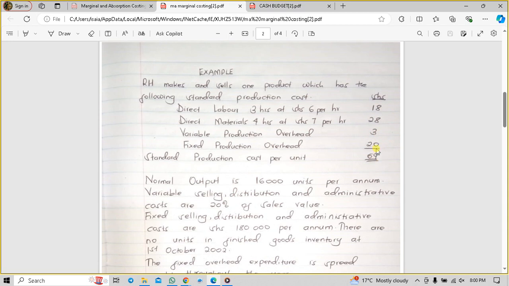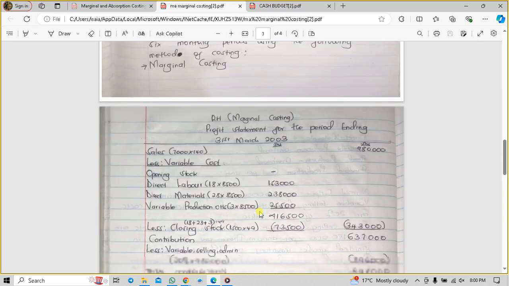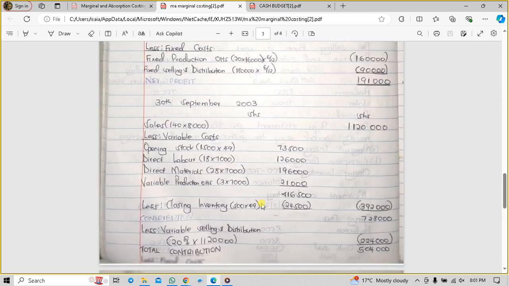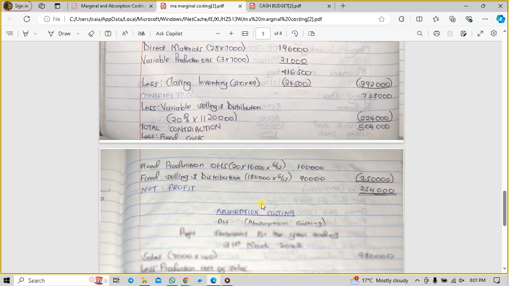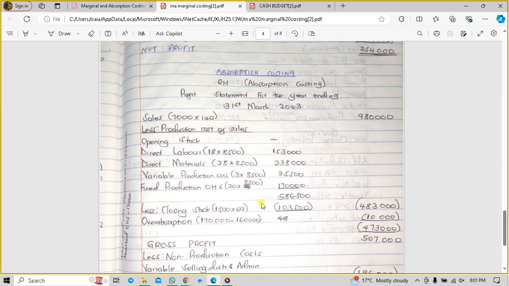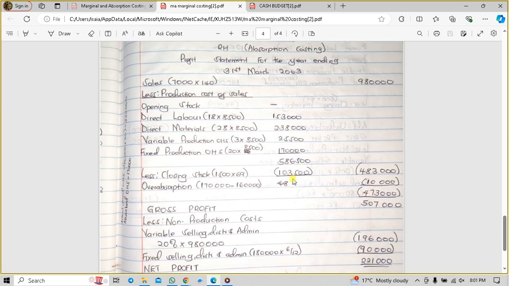So in absorption costing, we are going to use 69. That is something that you should also consider and be keen on while you're writing that. So we subtract the closing stock for us to have